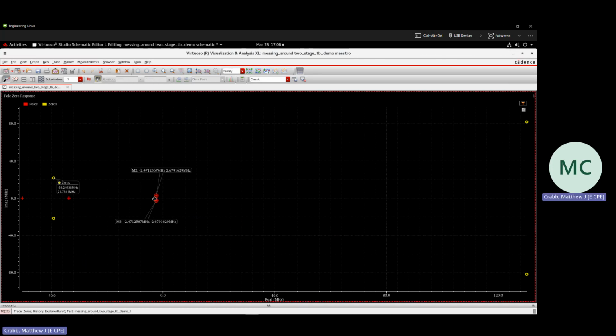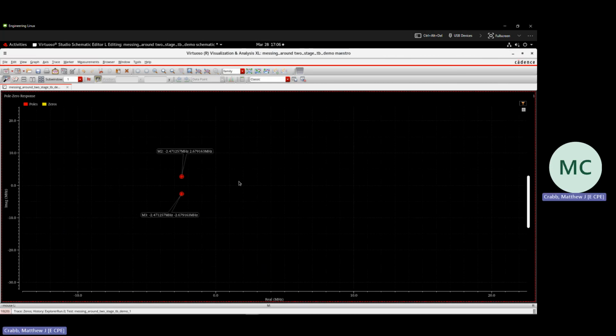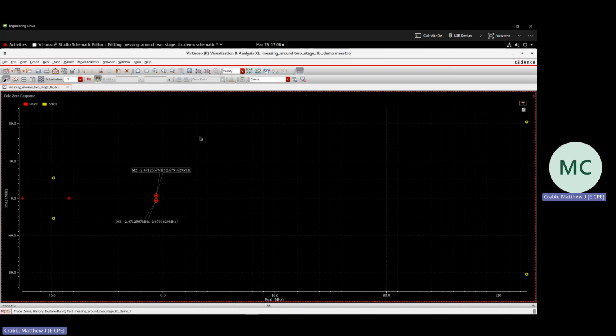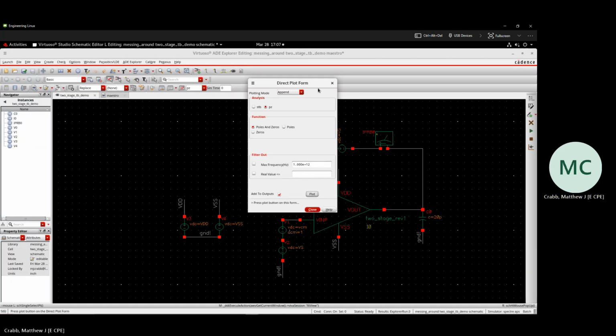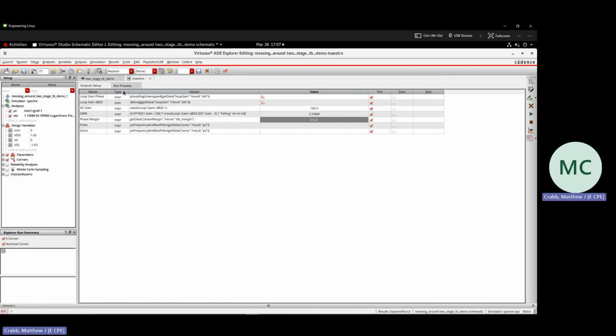So those are my dominant poles, and then you can see my next pole is way out here, and then I have some zeros and a pole, and then I have some zeros out in this right half plane. Anyways. Okay, so that's how you can show that,